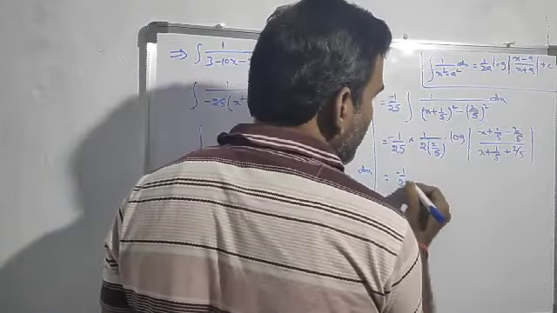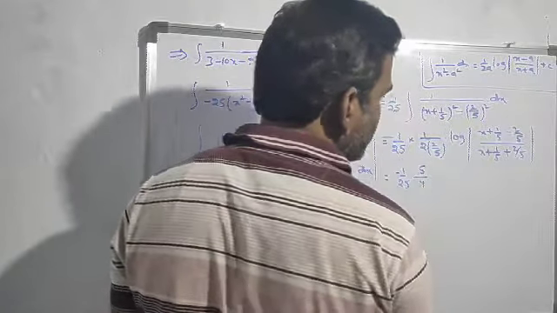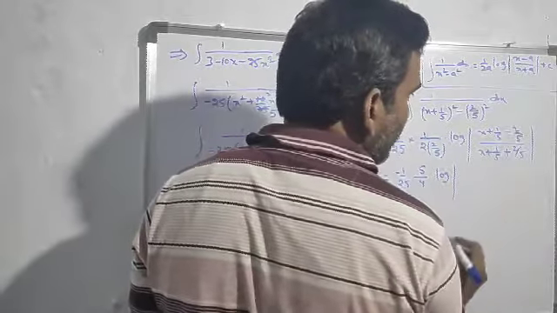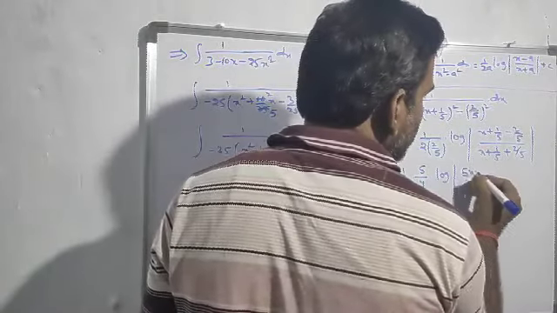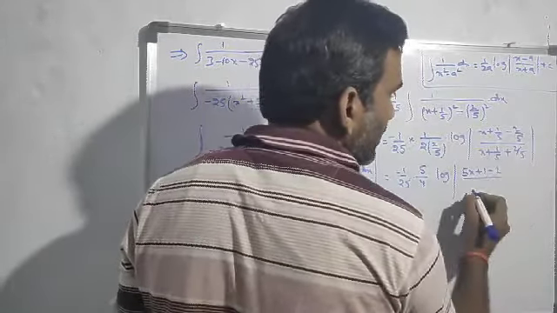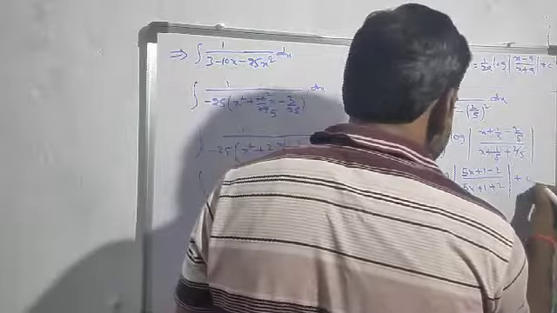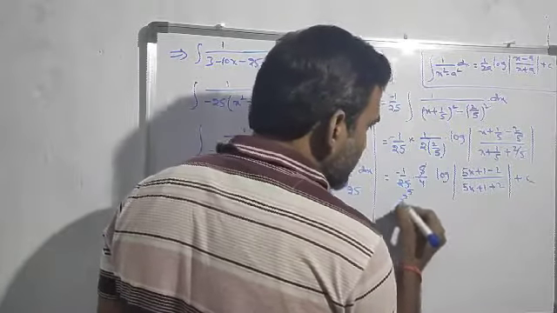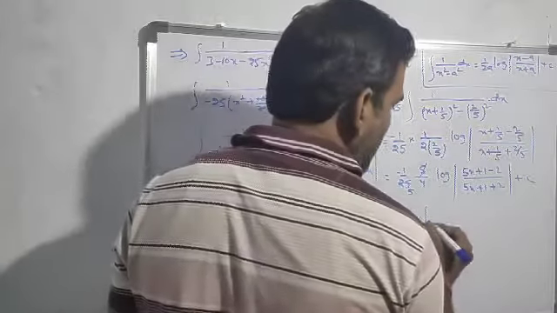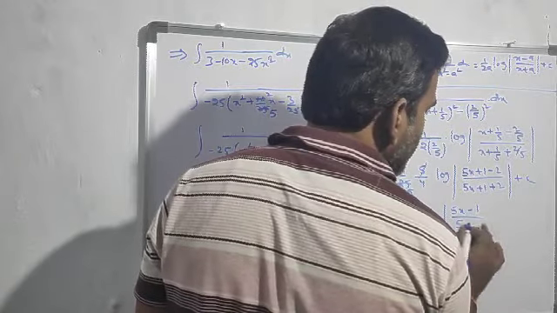So minus 1 by 25, 5 by 4 log of, if I am multiplying by 5, 5x plus 1 minus 2, in the denominator also multiplying by 5, 5x plus 1 plus 2, plus c. Here 5 is cancelled 5 times. So minus 1 by 20 log of (5x minus 1) by (5x plus 3),